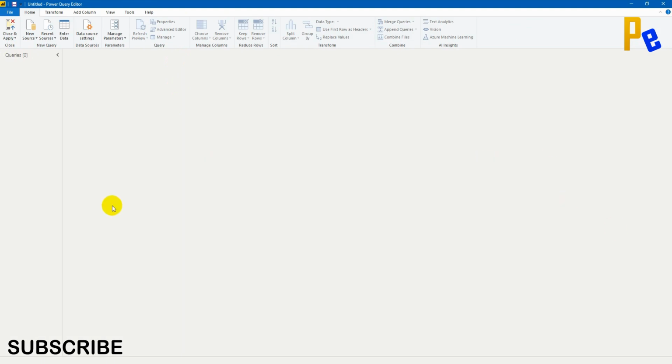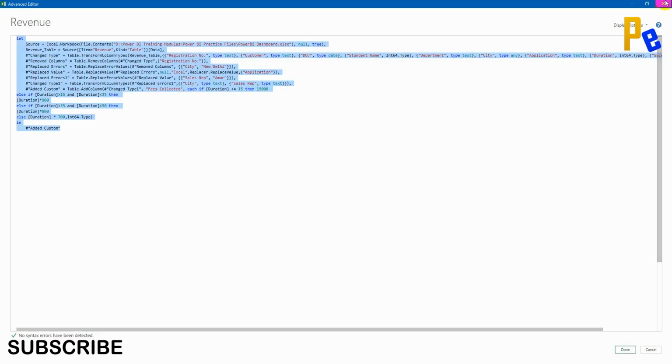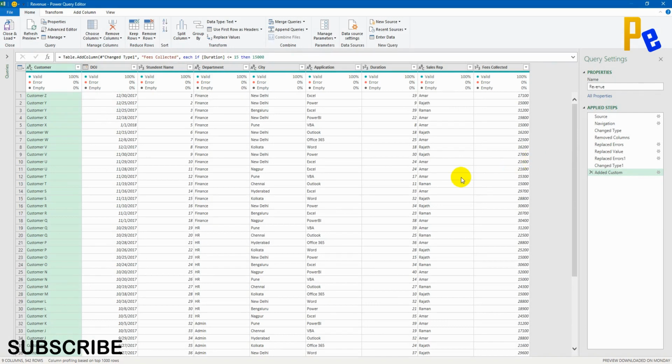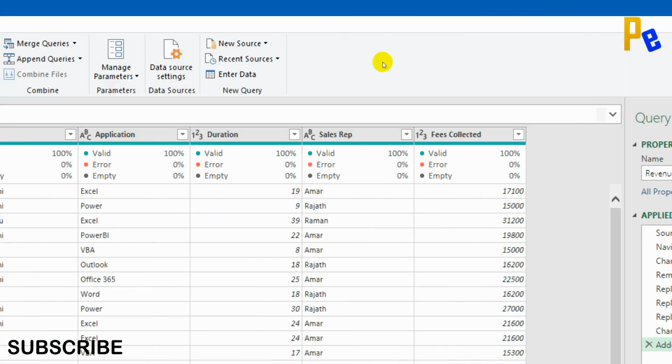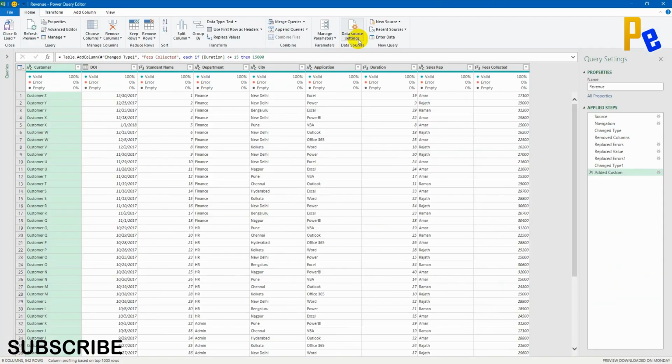There I need to select the new source. In Power BI Power Query Editor, the New Source, Recent Sources and Enter Data options are on the left hand side. The same thing you will get in Excel Power Query Editor on the right hand side. So that is the only small difference.